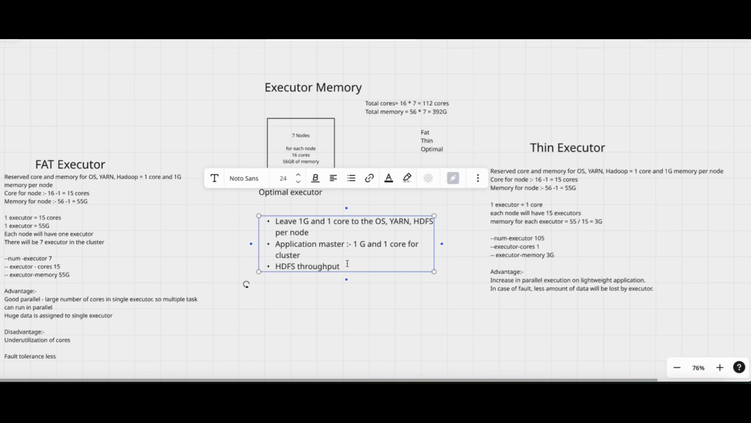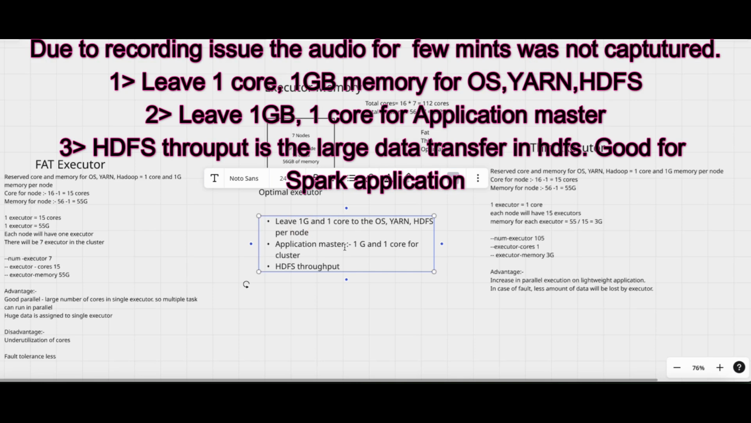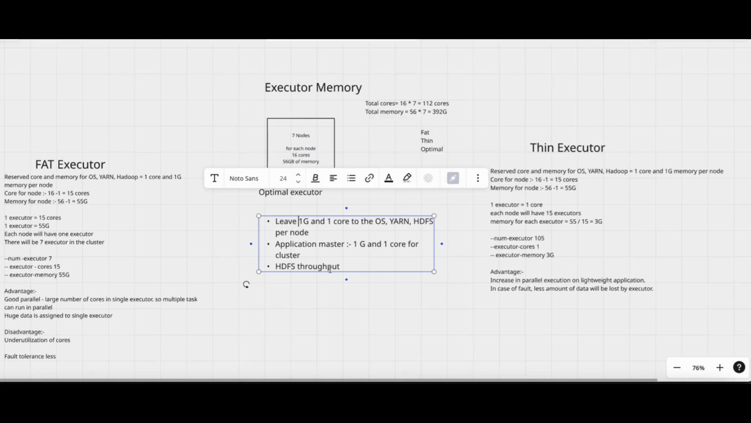So for HDFS throughput, we have to assign some cores to an executor. I'm not talking about leaving resources for the application master or for the OS. I told you that this GB and this core we will leave or reserve for a particular process. But in HDFS throughput, for an executor to have a good HDFS throughput,